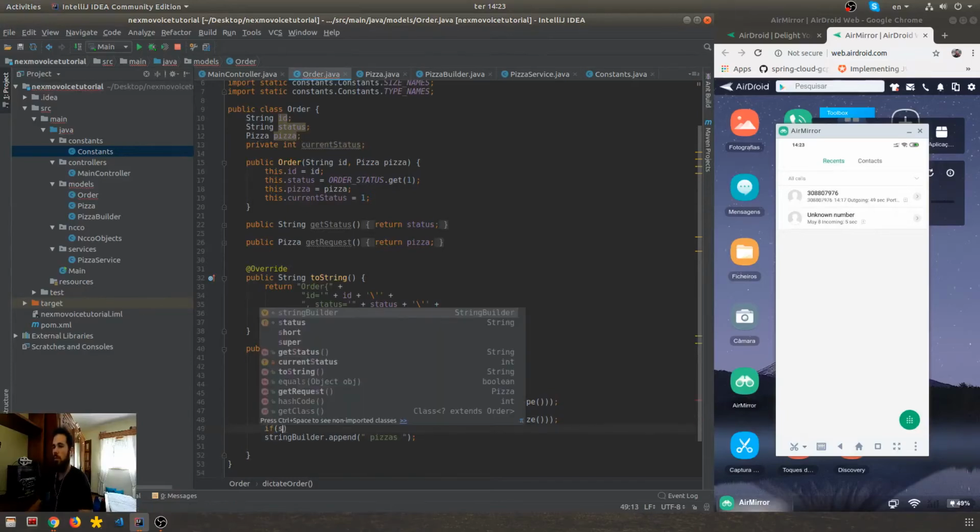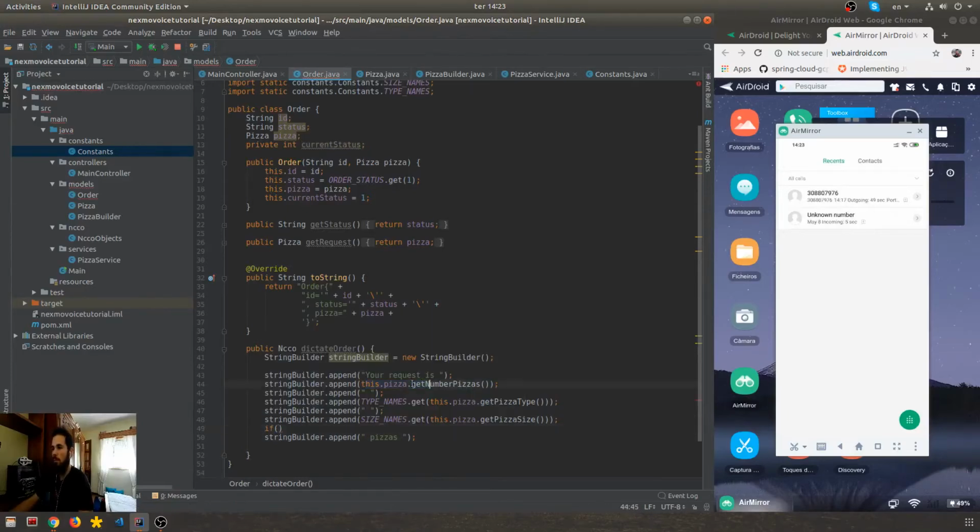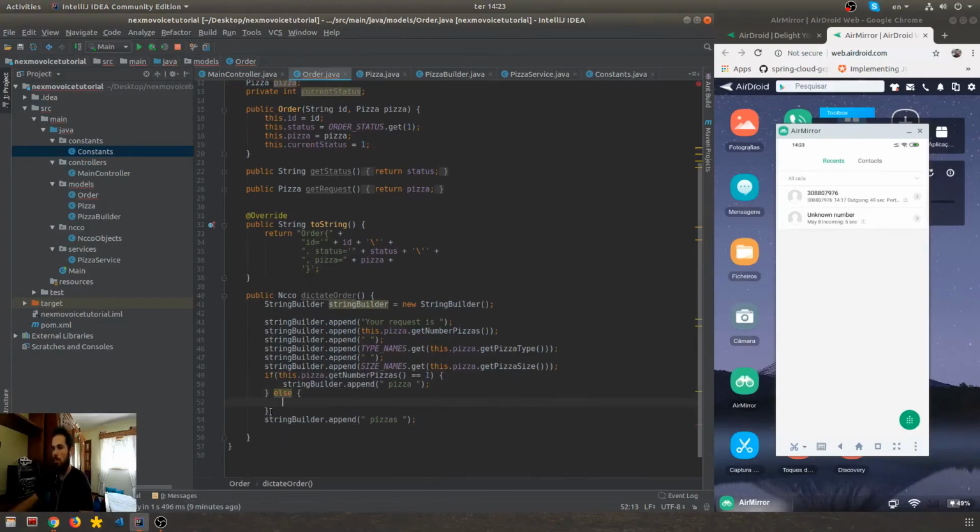If this is equal to 1, we just do this, otherwise we do this. Okay, your request is 1 ham and cheese large pizza